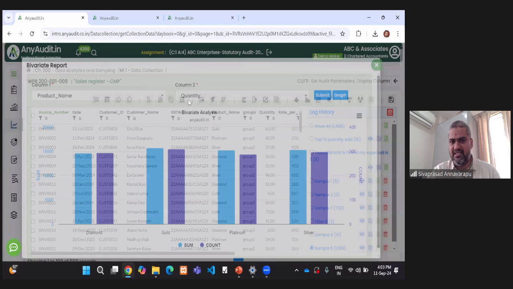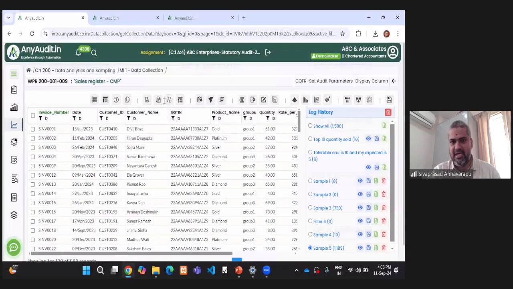There are a lot of advanced statistical group by analysis, and then insert a column and then do a stratification of the data, do a Benford analysis of the data. Similarly, this is monetary unit sampling of the data, systematic unit sampling. These are all the various sampling techniques that are available, which the user can, at a click of a button, without writing any functions, at a split second of time, generate the samples out of it.